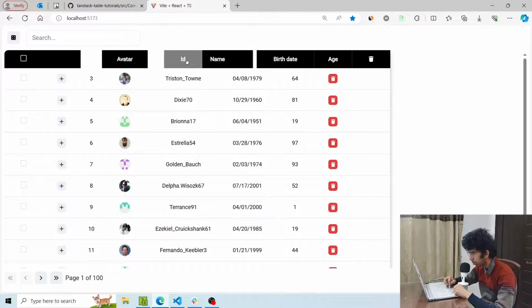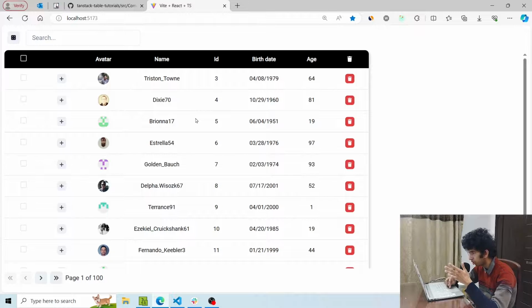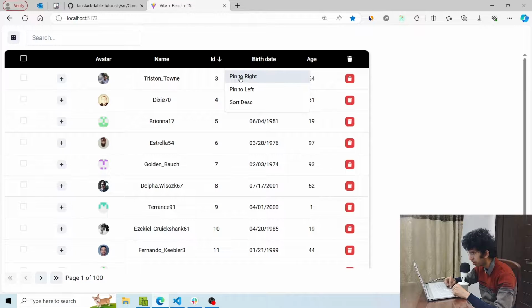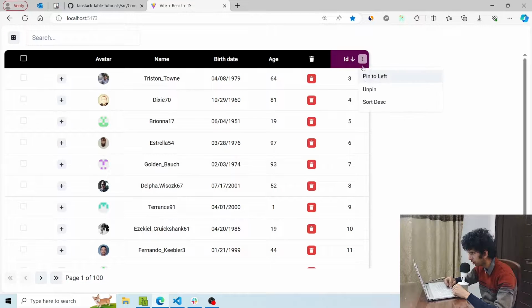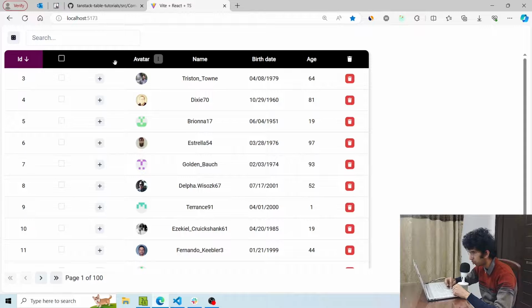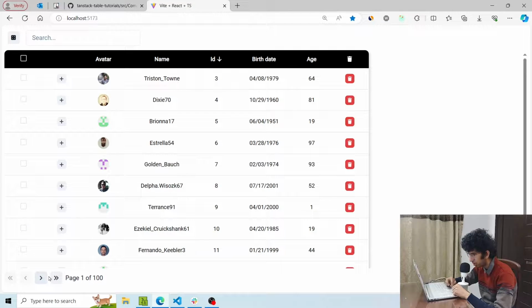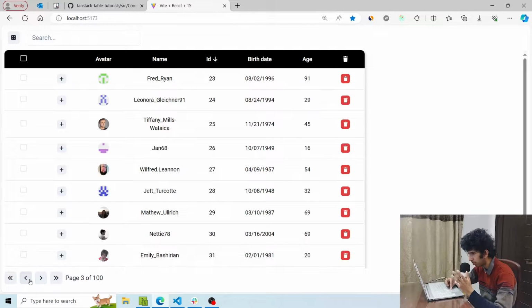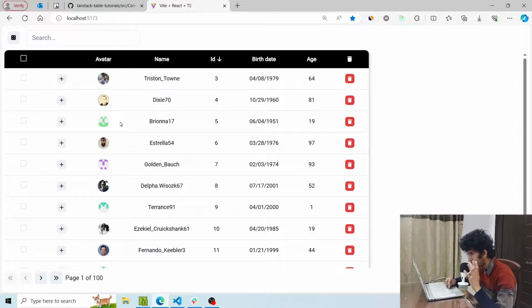I can also reorder columns if I want. So this would change the order of the columns. If I want, I can sort a particular column in an ascending or descending order. I can also pin a particular column to left or right, and then if I want to unpin a particular column, I can also do that. In addition to that, I have pagination enabled, so I can go to the last page, first page, I can go to the next and previous pages using these buttons, and we'll implement each functionality using Tanstack Table, which has